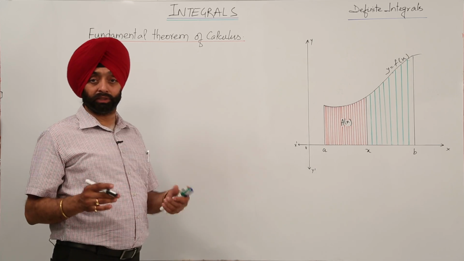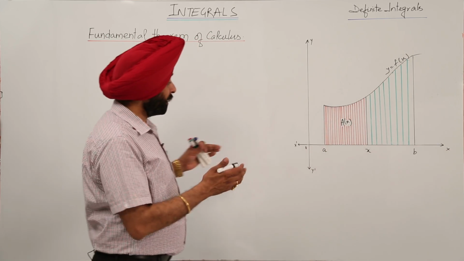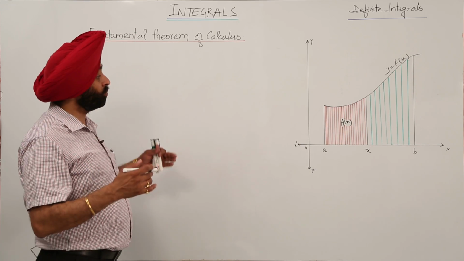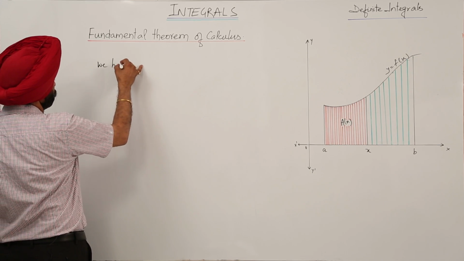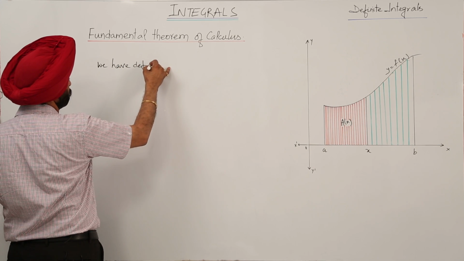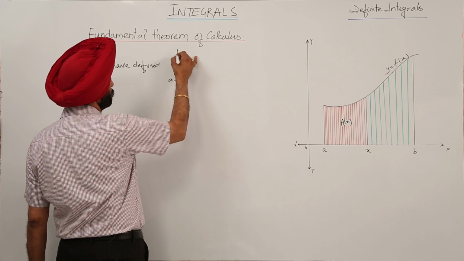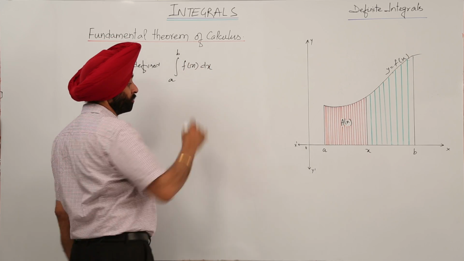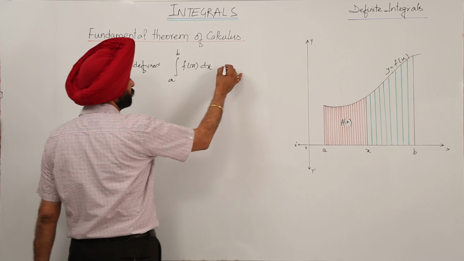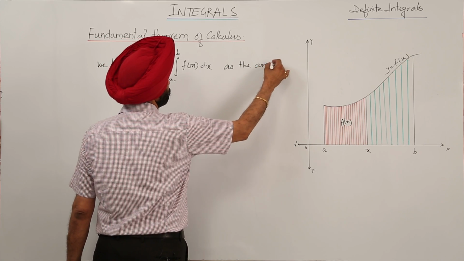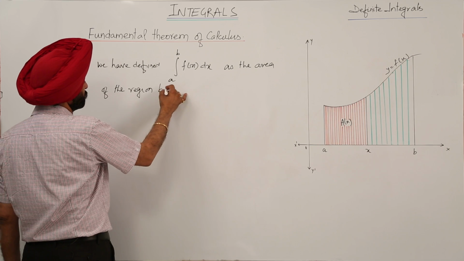Okay. So now let's discuss the fundamental theorem of calculus first with the help of this graph, which we have already done. When we introduced this graphical part for definite integrals, how was it defined? Let me repeat it. We have defined the integration from a to b of f(x) dx as the area of the region bounded by the curve